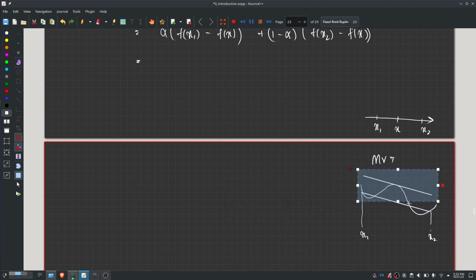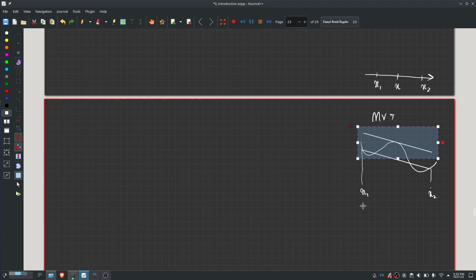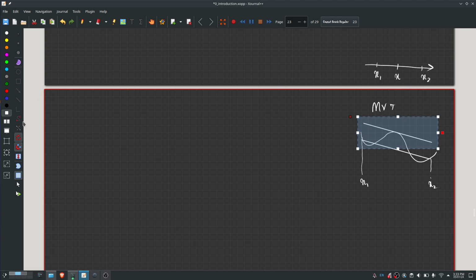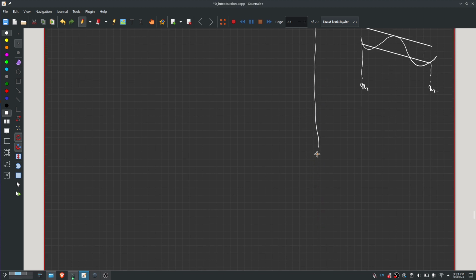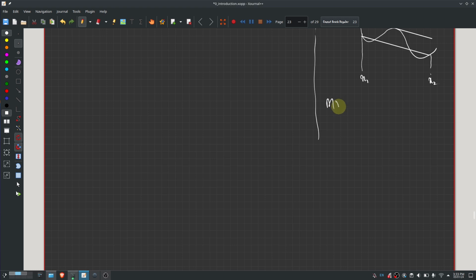So there's some point where the tangent is parallel to this particular line joining f of x1 and f of x2. If I had to put that mathematically, then the mean value theorem says if f dash of x exists for all x in x1, x2,